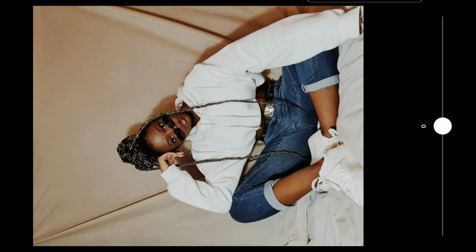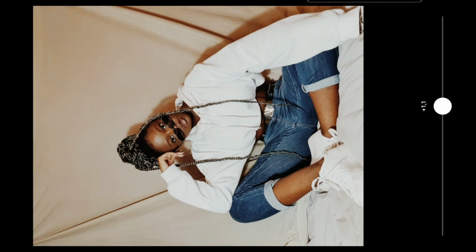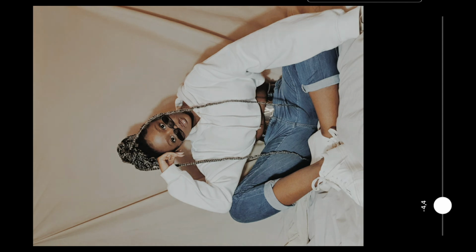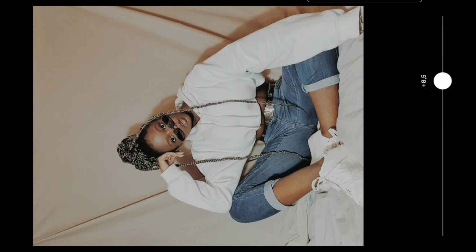And I can already see that my picture is a bit dark, so I don't really want to go darker. So I'm just going to try and go a bit lighter and take it to +09, just so that you are able to see my features. And from there, I'm going to take the contrast up. I'm going to leave the contrast at maybe I should take it down. So I'm actually going to take the contrast down for this one. I'm going to take it down all the way to -4,4,